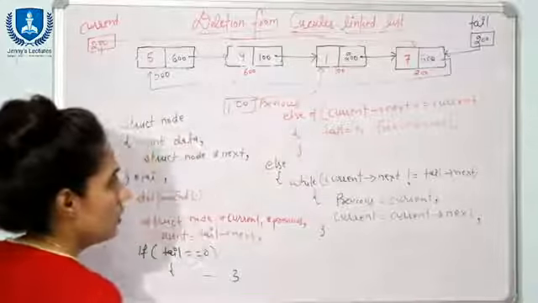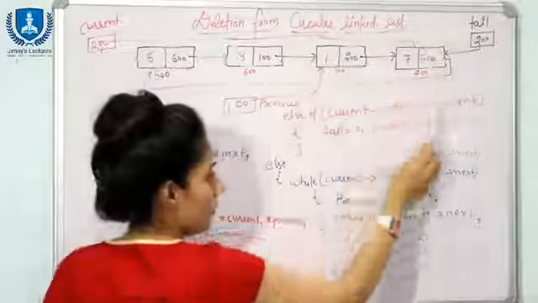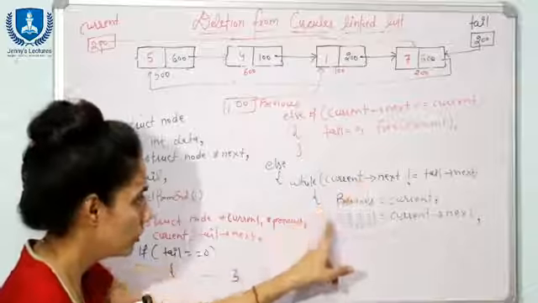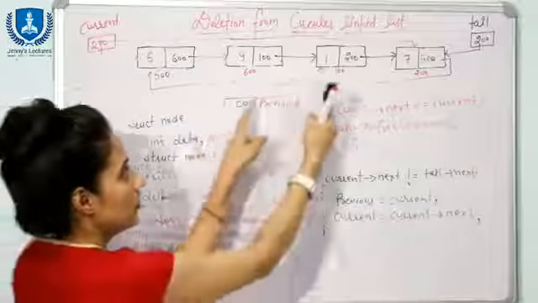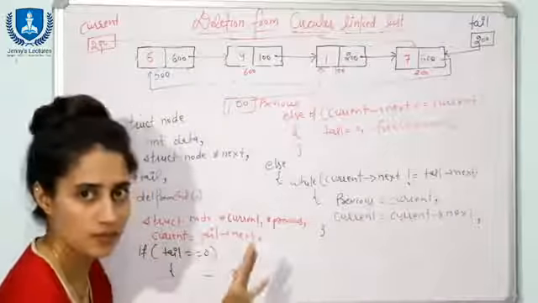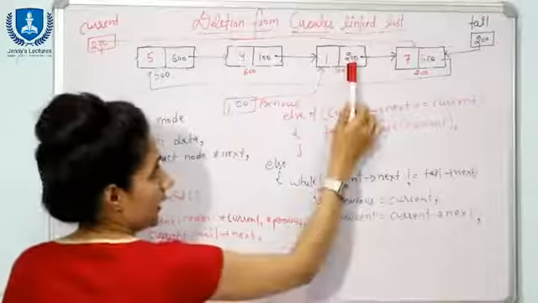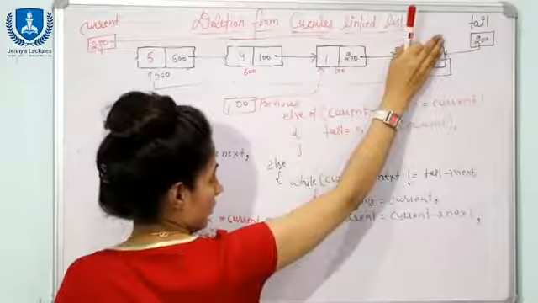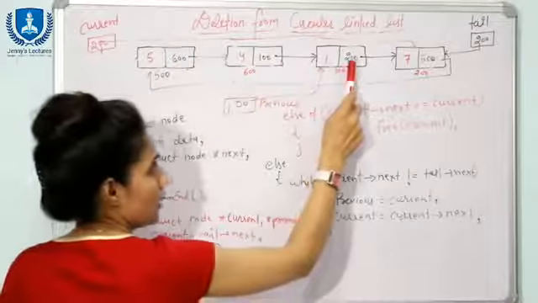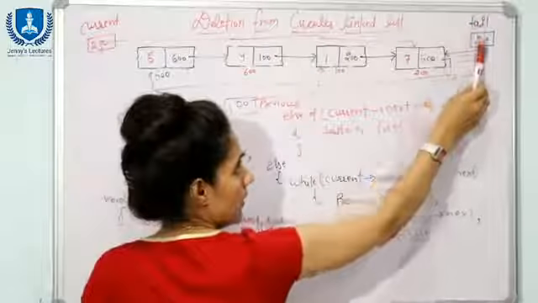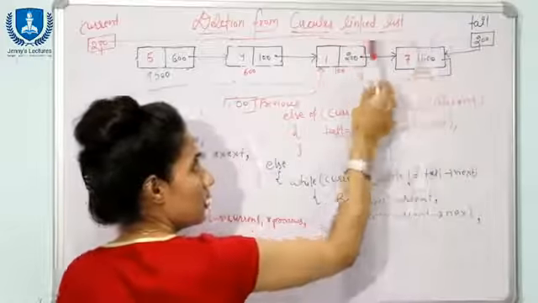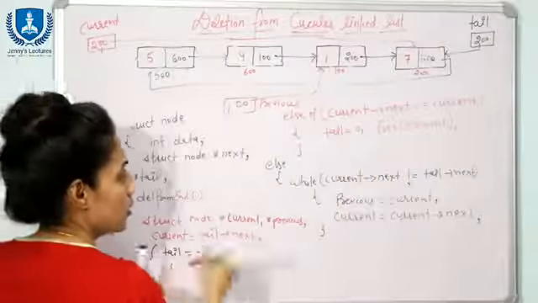Now check the condition. Current of next is now 500, and tail of next is also 500. So this condition is not true. So now we are not going to enter this while loop. Now you can see we have set a pointer to this node also and to this node also. Now you can easily update the links, right? How will you update the links? See, after deleting, this would be the last node. So here you need to store the address of the first node, that is 500. From where can I get 500? The only way is that tail of next is containing 500. So before updating tail to here, first of all access this value and store it here. So here what will you write?